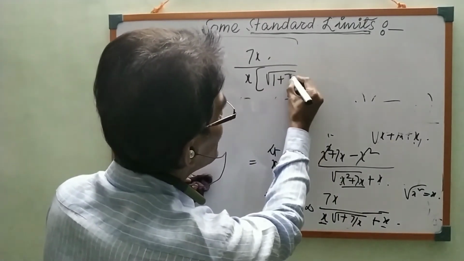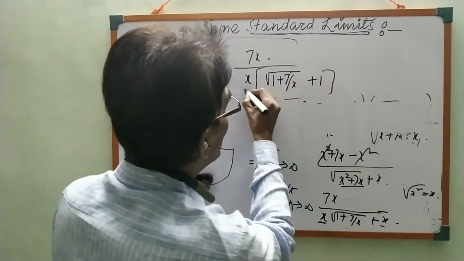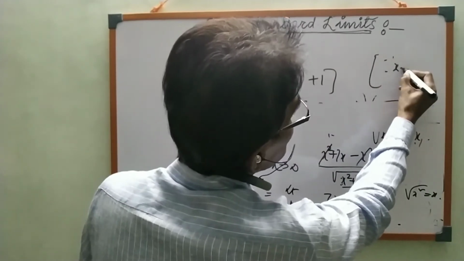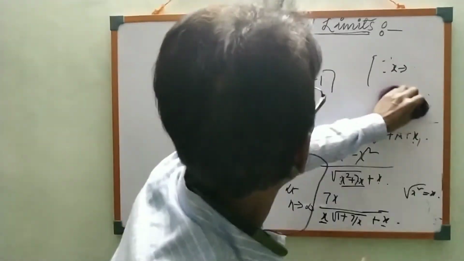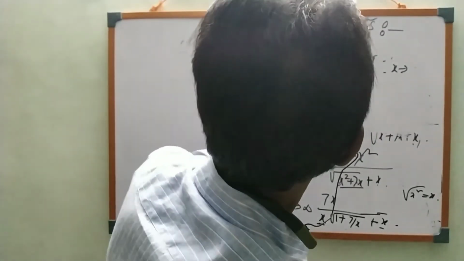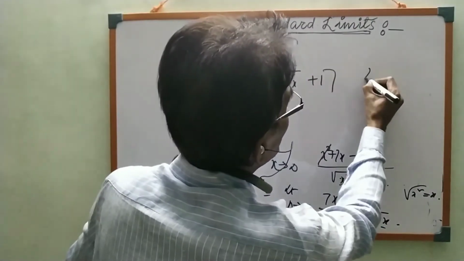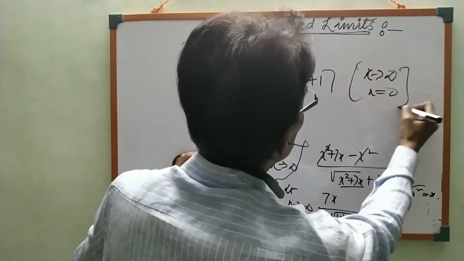Root over 1 plus 7 by x and plus 1. Again x cancel, the reason you know, as x tends to infinity, x not equals to 0,